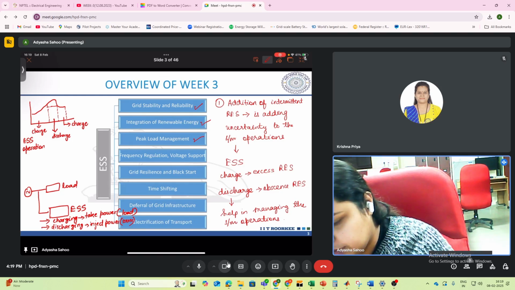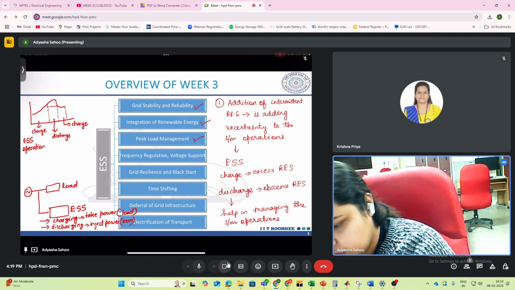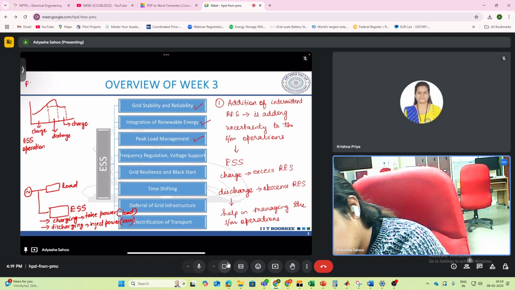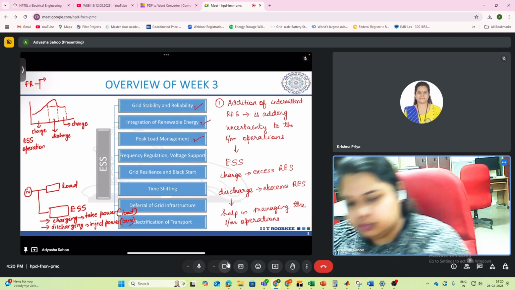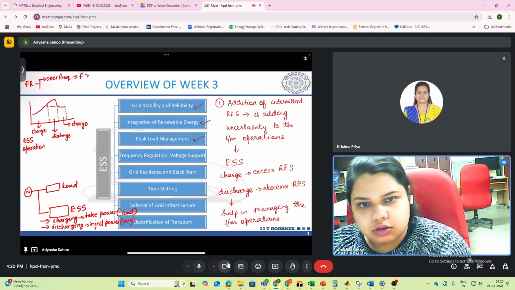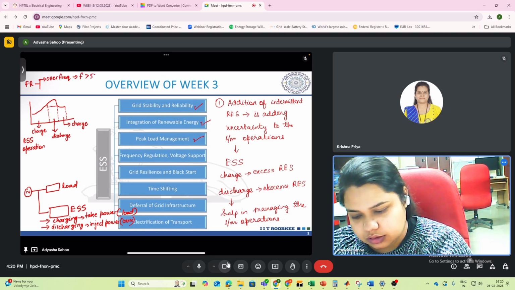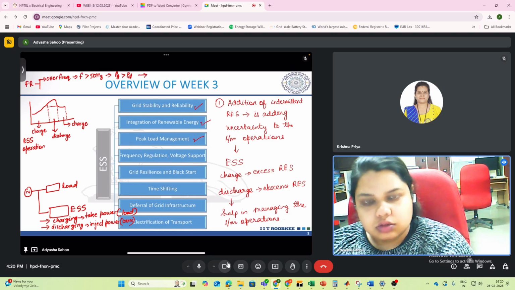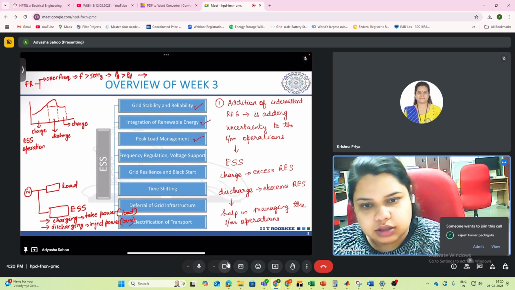Basically, for frequency regulation, that is FR, whenever there is over frequency, over frequency implies the frequency is greater than your nominal, which is 50 hertz. That means during that time, your generation is greater than the demand. So the storage should basically